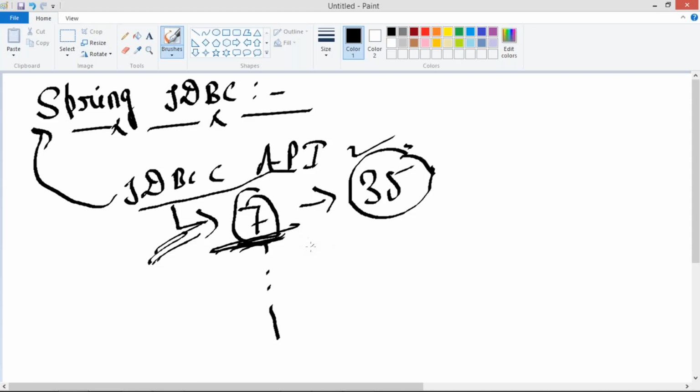And if we are going to change the database, if we are going to handle multiple databases at a time, then we have to follow the steps multiple times. So first thing, guys, in case of JDBC API, yes, we can interact. But if you want to interact with multiple databases, you have to follow the steps multiple times. So first thing. Next, in case of JDBC API,